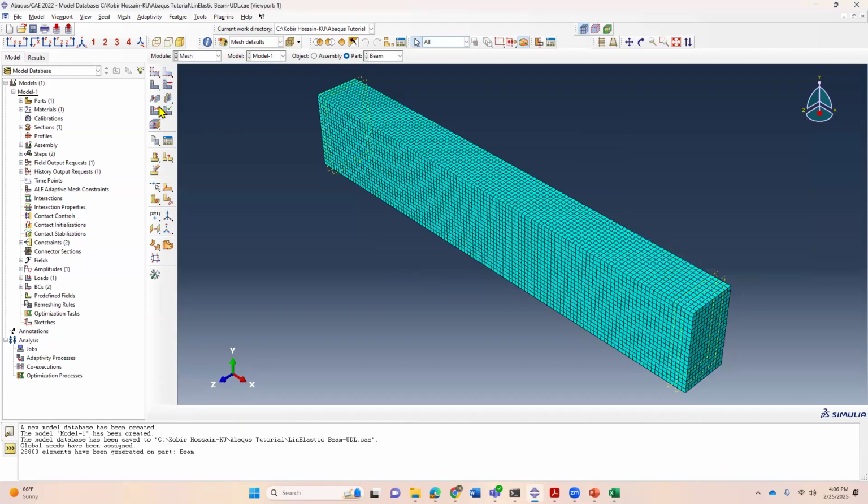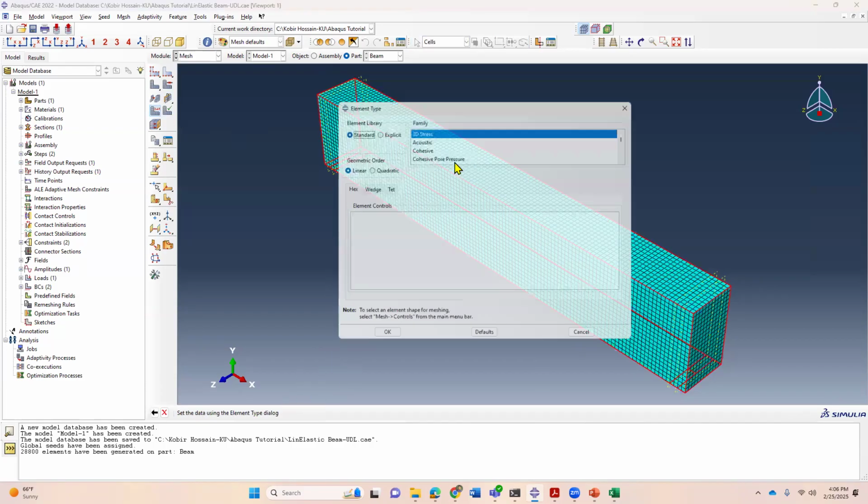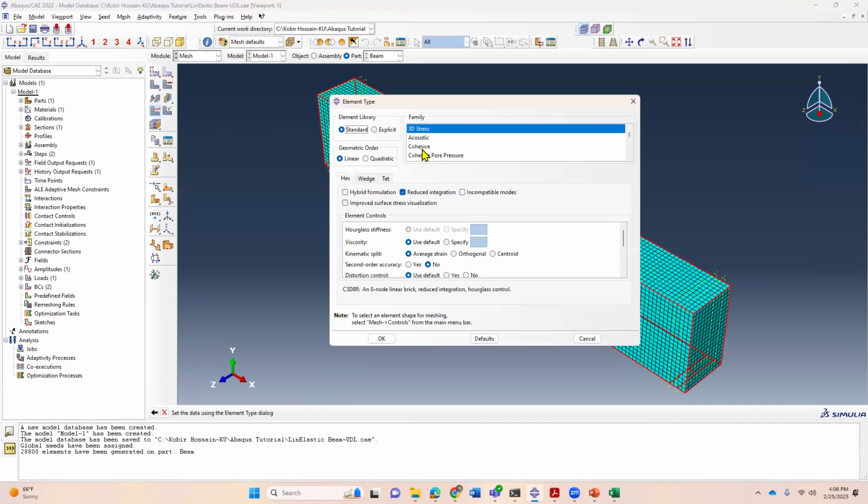We will have more talk on this. We can also assign element type. So select this region. We can select 3D stress, cohesive, a different shell type element, continuum shell, pore fluid,